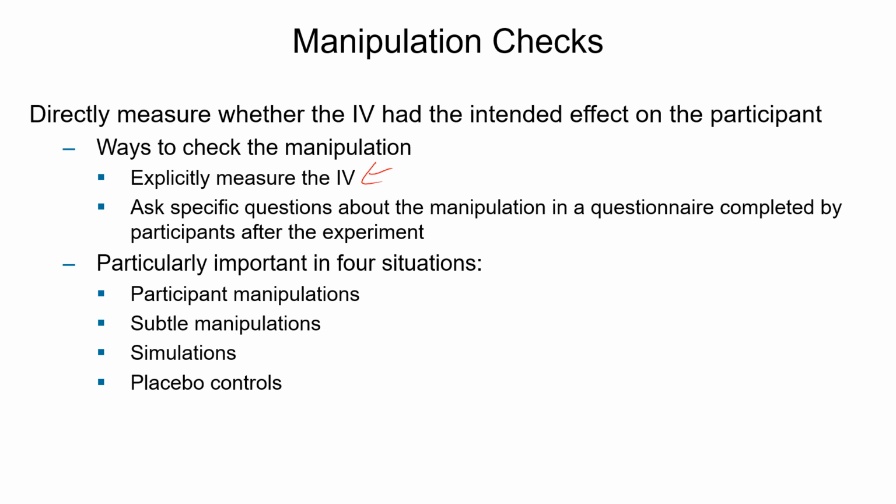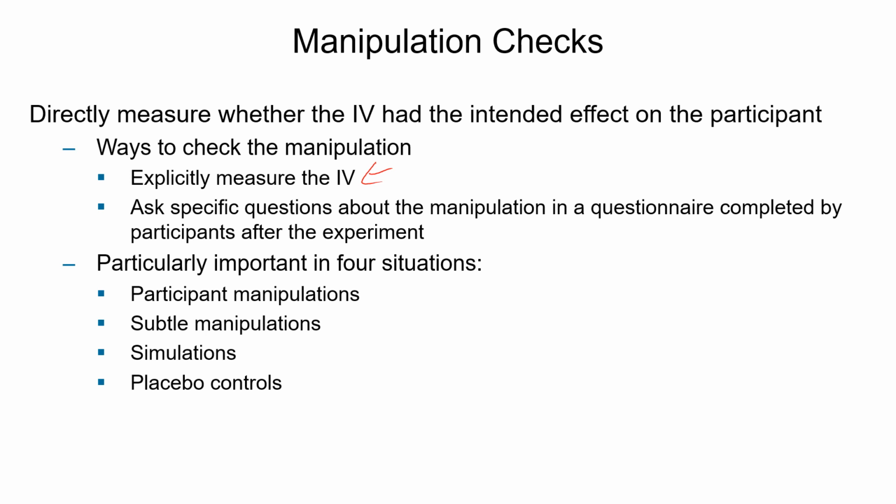So we could explicitly measure, let's say we had people play a violent video game and a non-violent video game. Well, we can explicitly measure it by checking to see that the violent video game was actually played or the non-violent video game was played. But then you can also ask specific questions about the manipulation in a questionnaire completed by participants after the experiment,